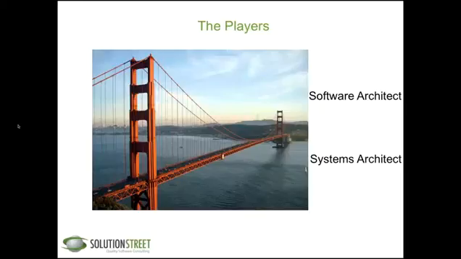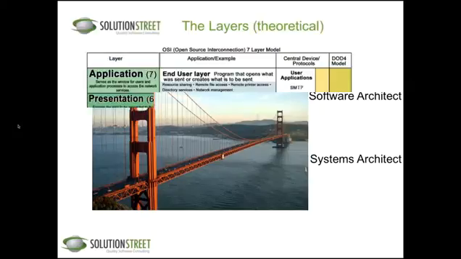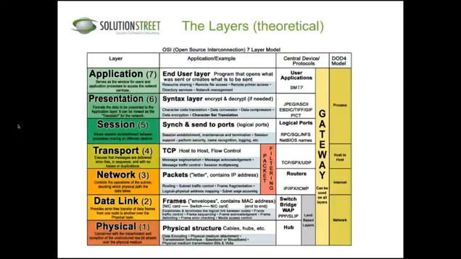So the way I look at it is software architects are guys that know this much about the systems and this much about the software. System architects are guys that know this much about the systems and this much about the software. They both know a lot about both, but one is an expert in all the stuff underneath the covers, and one is, you could call this layer 7 up and down, or layer 7 and down. But the way I look at it, architects are problem solvers. They're the people that need to figure out problems and never say to the end user, hey, don't blame me, it's a network problem.